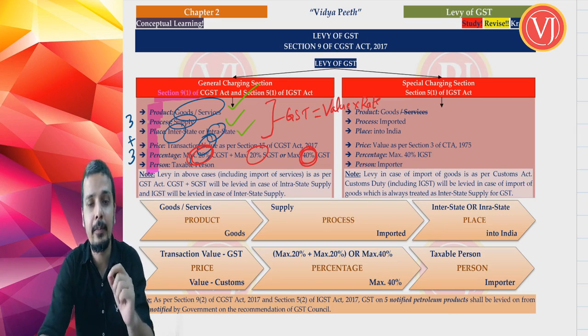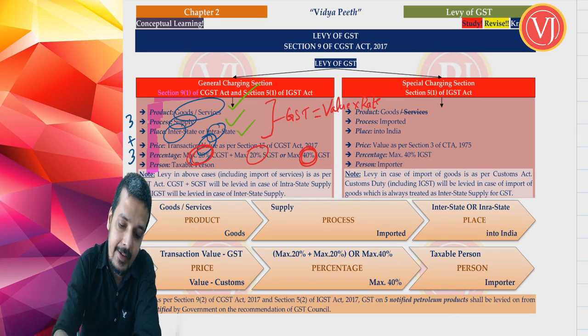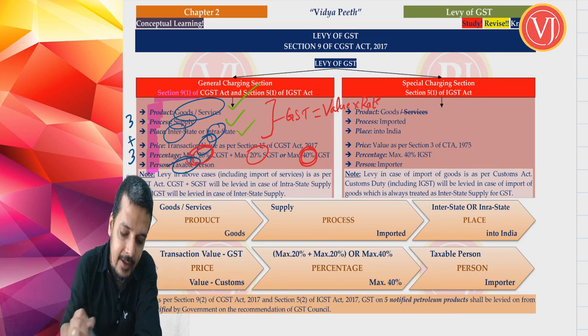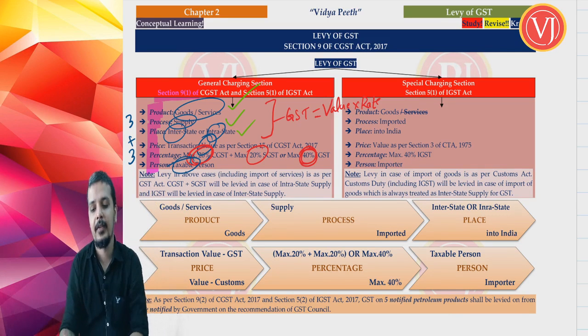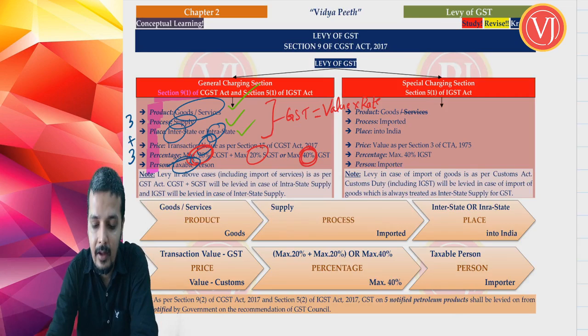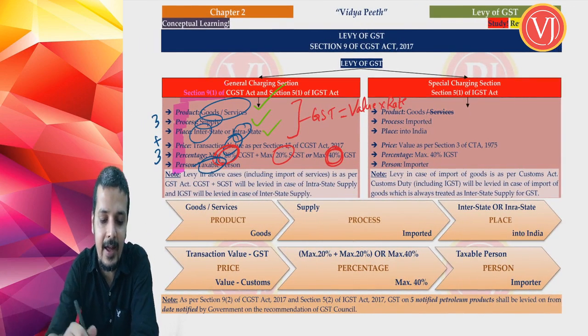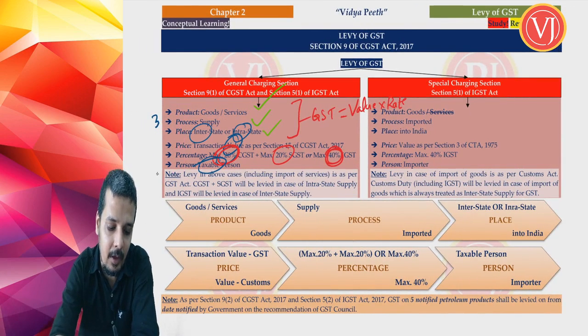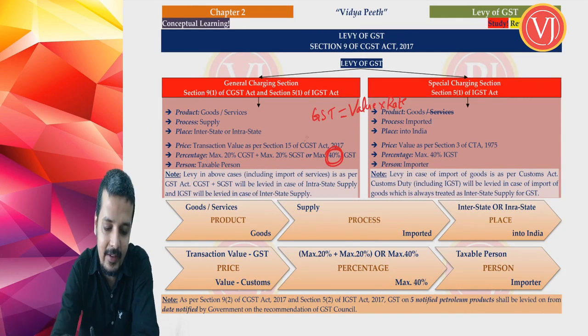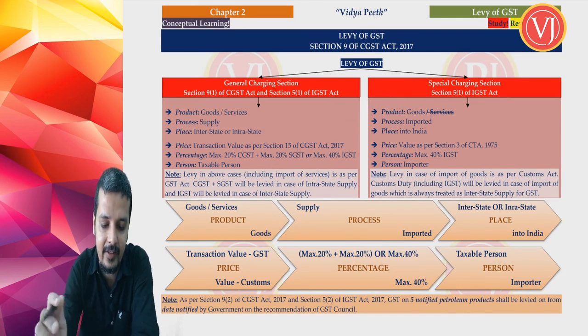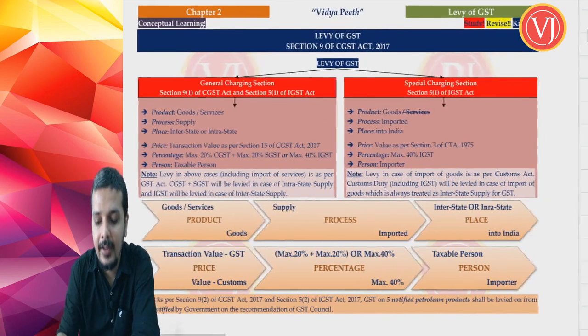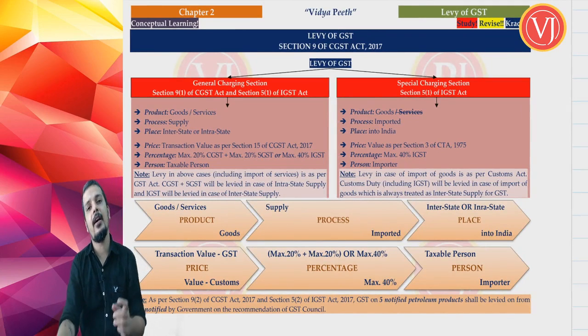But don't call it just person. You have to call it taxable person. The moment you talk about the person who is required to pay the tax, it is taxable person. Now, my friends, this provision is there in the same manner when you talk about your CGST Act section 9 or IGST Act section 5. In IGST Act, there is one more point which is not there in CGST Act.